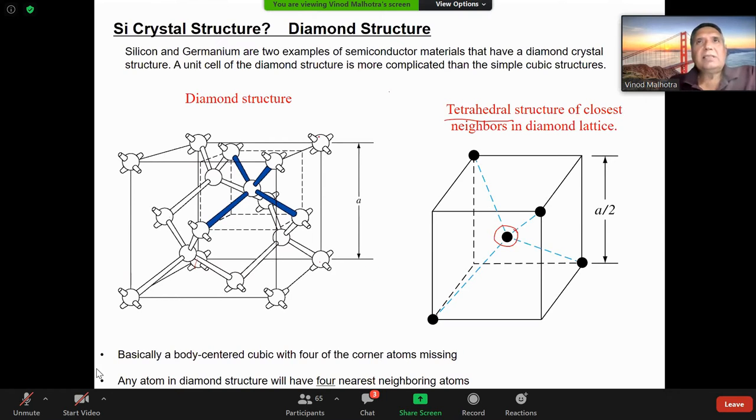Now, of course, all the atoms are silicon atoms, or germanium or carbon. Of course, we are interested in semiconductors, so we are talking about silicon and germanium in this case. Now, if there are no questions on this, you can visualize the diamond structure, then we'll go to the next one,